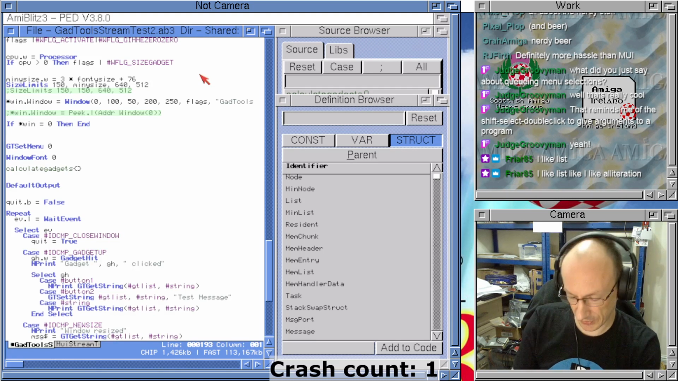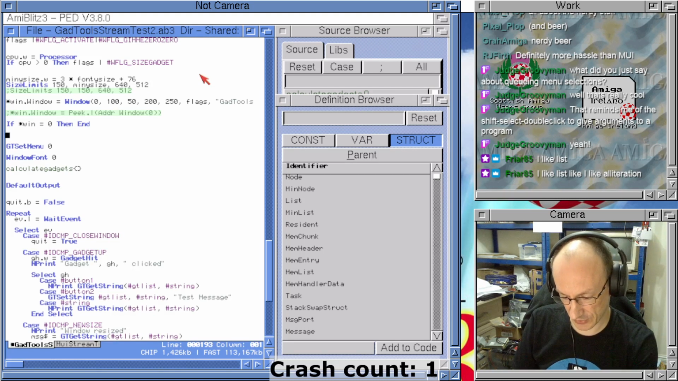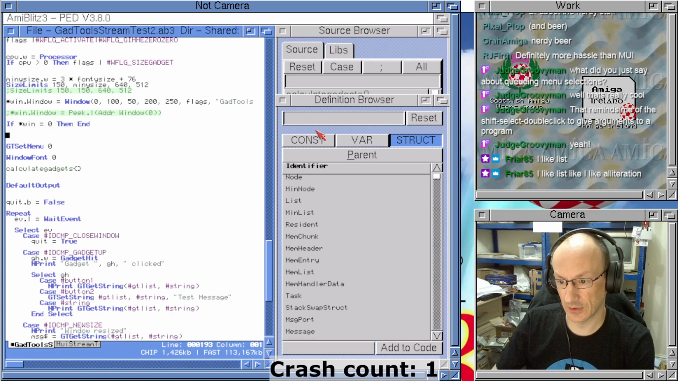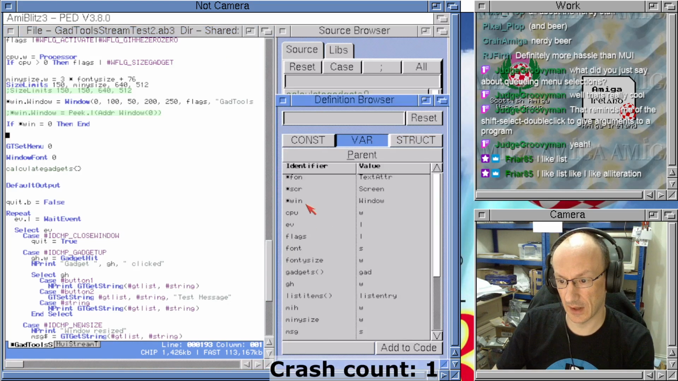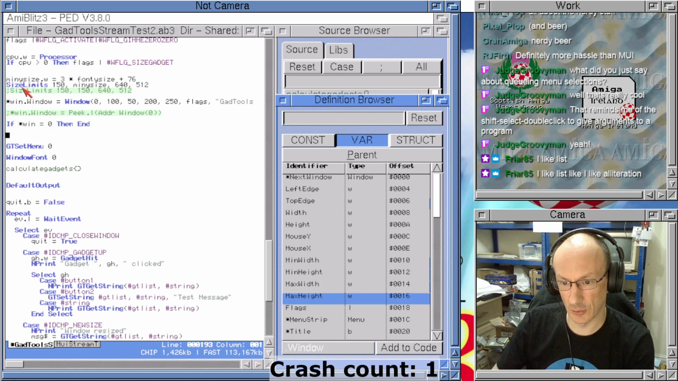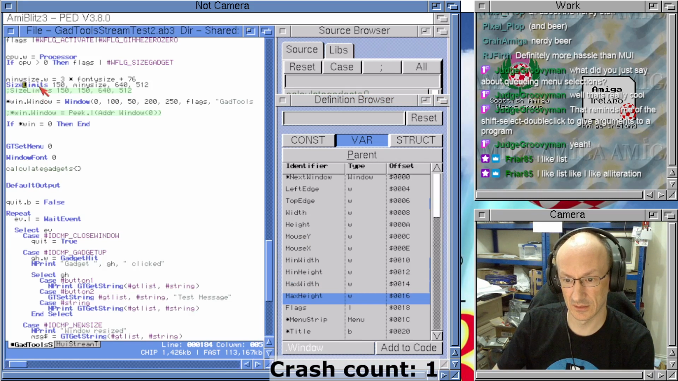But now what I want to do is actually look at the window structure, which will have the minimum and maximum size in it. So struct. We're going to look at our variables. We've got our window variable here. See, min width, min height, max width, max height. Because I think it feels like there's a bug in the size limits thing here. And I wonder what's going on there. So let's